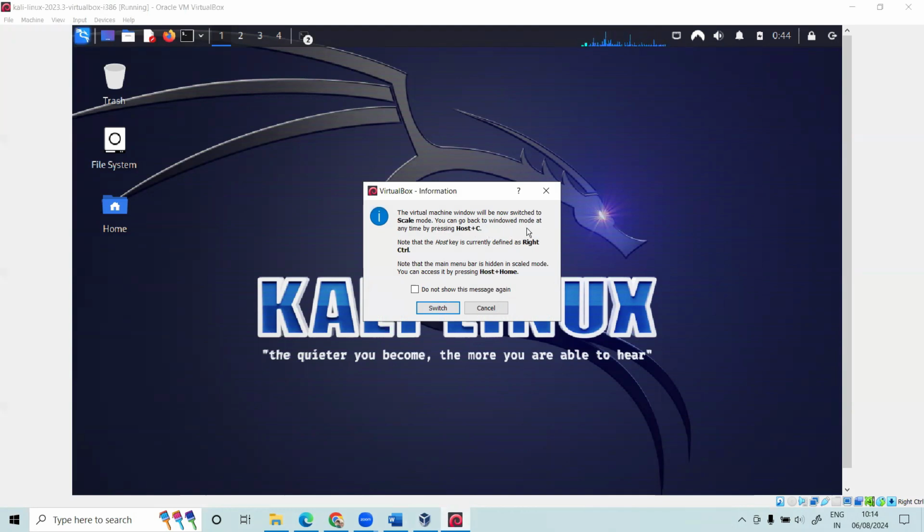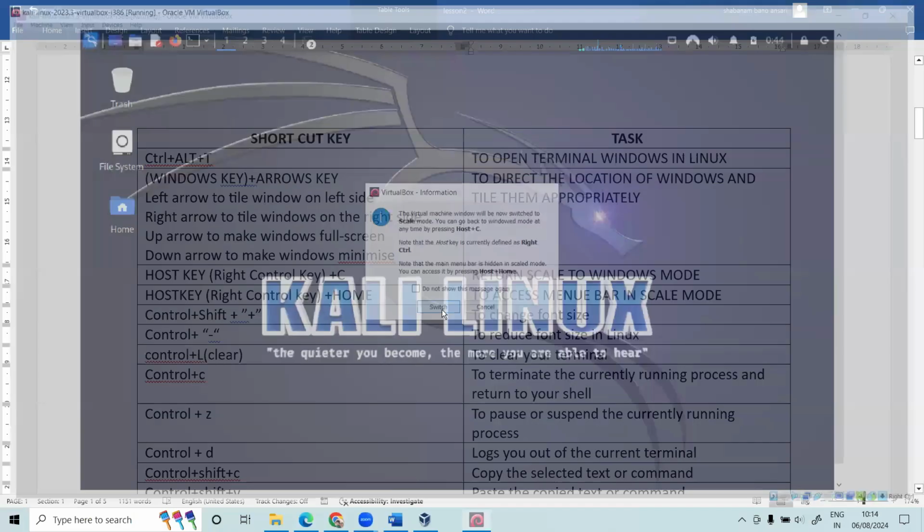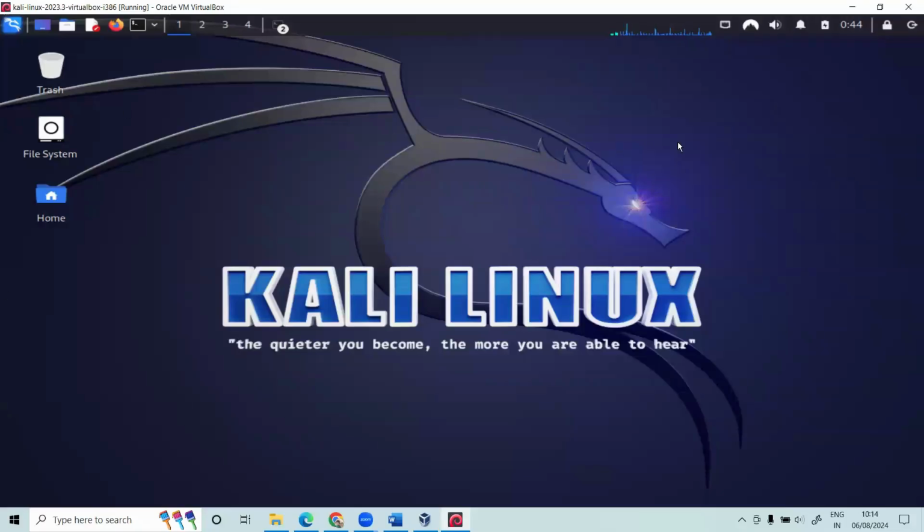You can go back to window mode at any time by pressing host plus C, where host is nothing but the right control key. Note that the host key is currently defined as the right control. So let's press it. Now we have changed from window mode to scale mode.